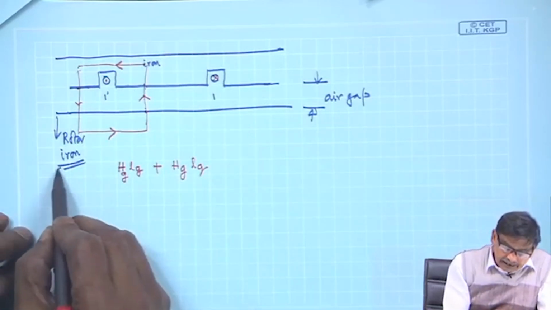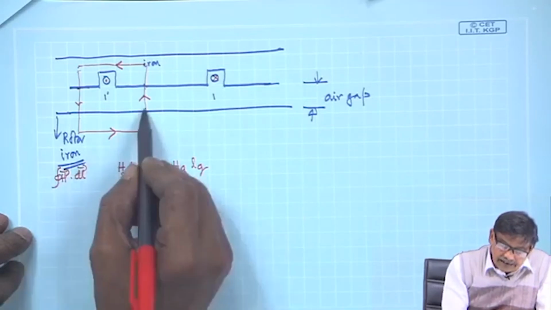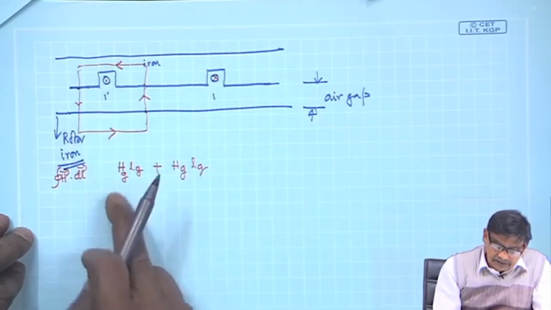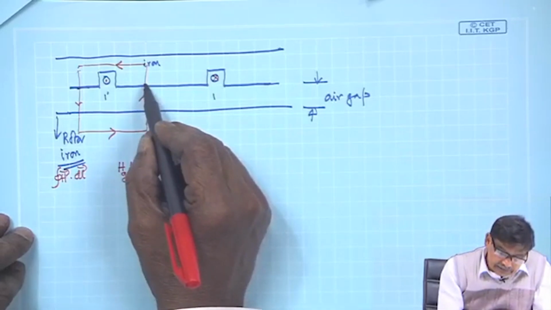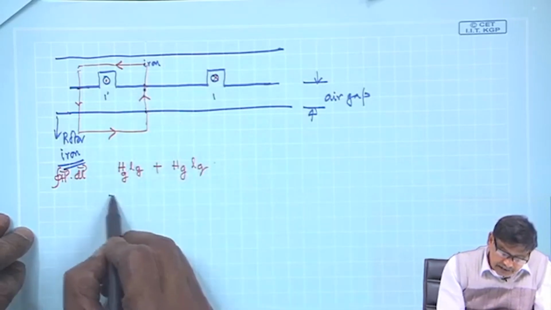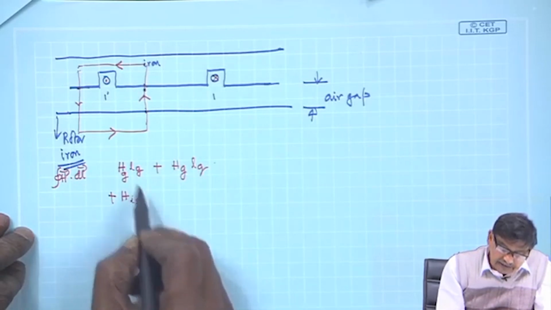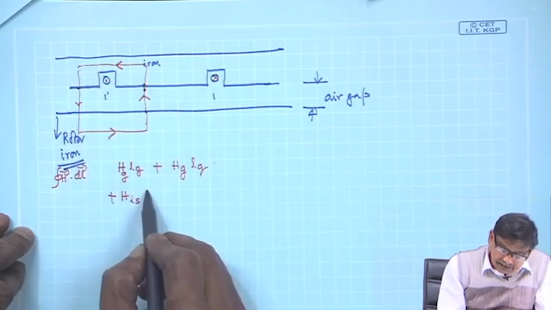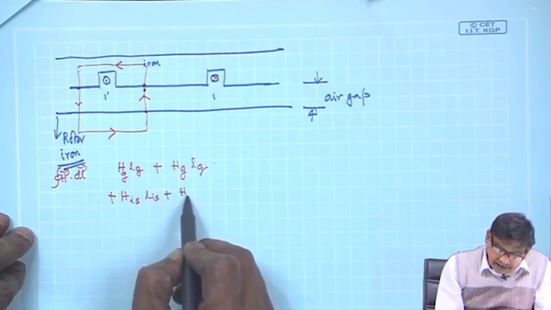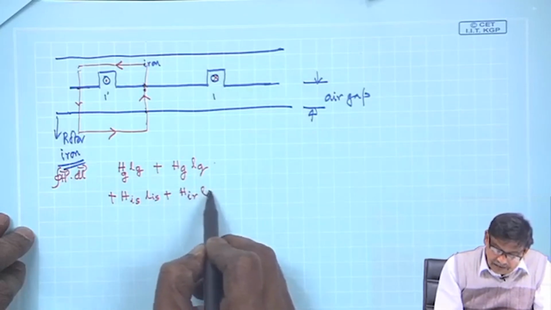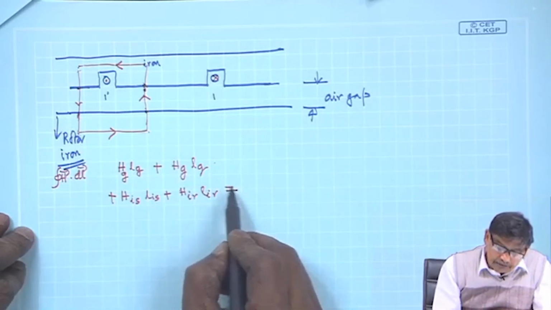So, the integral H dot dl along any closed path, that is what I have chosen, and I have taken everything Hg Lg, and if you like I will write this H iron stator, whatever is this length L iron stator, plus H iron rotor, L iron rotor, that is this length is L iron, and this must be equal to the